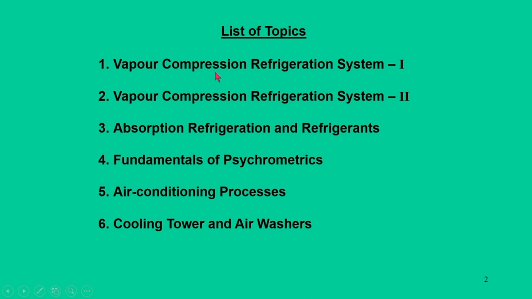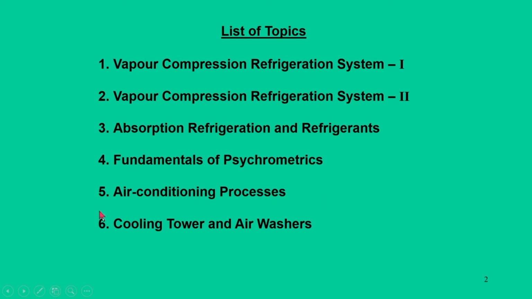The first 2 lectures will be devoted mainly to the vapor compression refrigeration system, part 1 and part 2. Then we will move to vapor absorption refrigeration, and we will give some introduction to refrigerants. Then we will move to air conditioning aspects. In the air conditioning aspects, the first fundamental thing that we are going to study is the principle of psychrometrics, where it deals with the properties of moist air, and we will discuss some fundamental air conditioning processes,